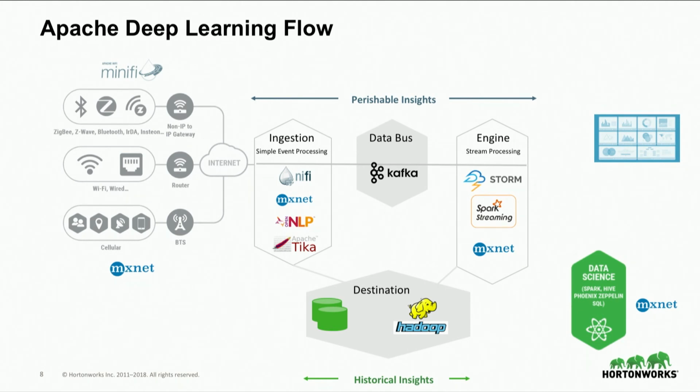Then when we get to the next step, we could do all the transformations. And the transformations could be simple. I want to add a field, change a field, maybe change it from JSON to a Hive table, something like that. And then along the way, while that data is in stream, I could do natural language processing. If it's a PDF or something I took off, maybe a TIFF file from a camera, I could pull the text out of that while it's running. And that's, again, open source.